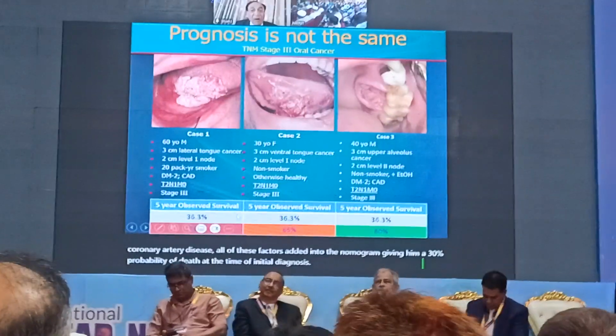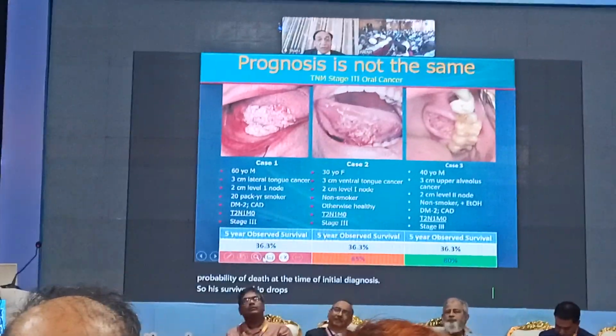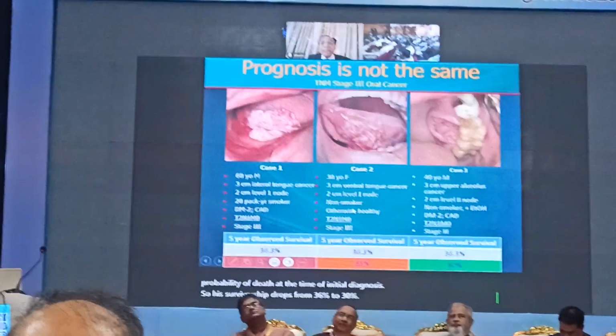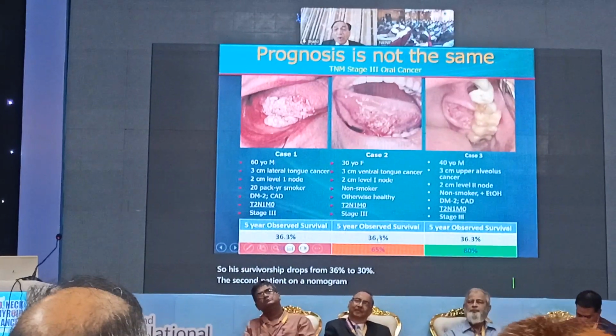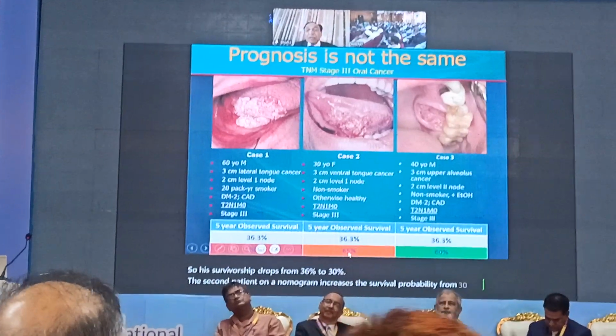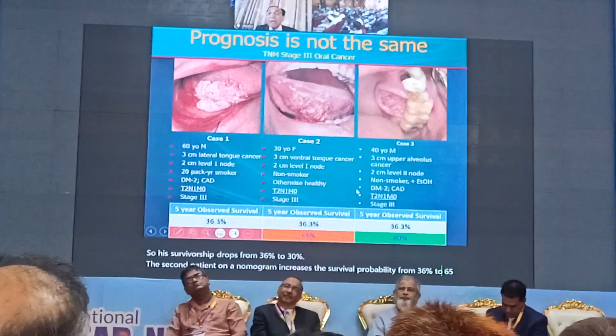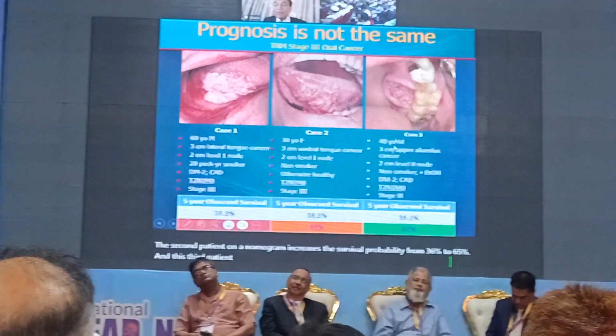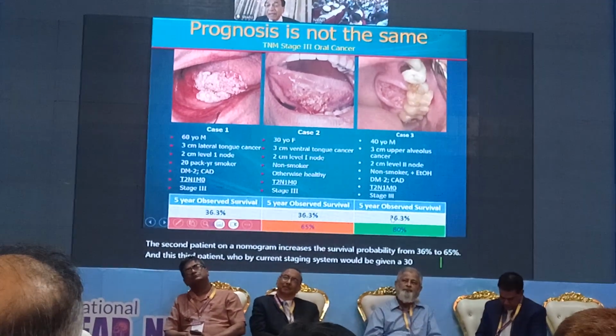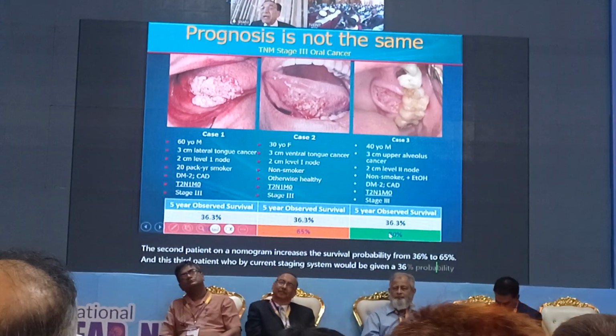So his survivorship drops from 36% to 30%. The second patient on a nomogram increases the survival probability from 36% to 65%. And this third patient, who by current staging system would be given a 36% probability, has an 80% chance of